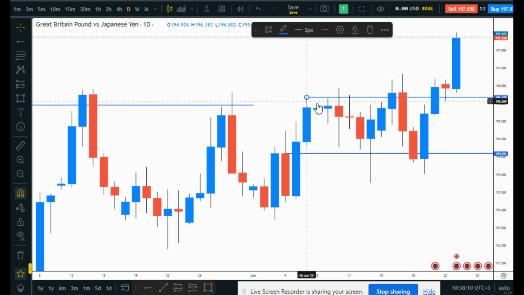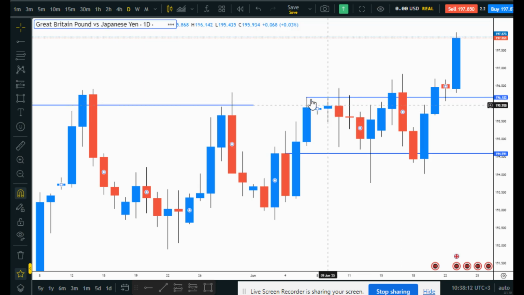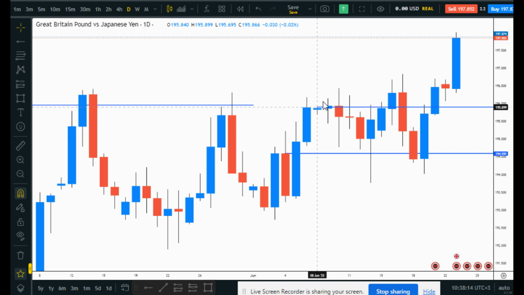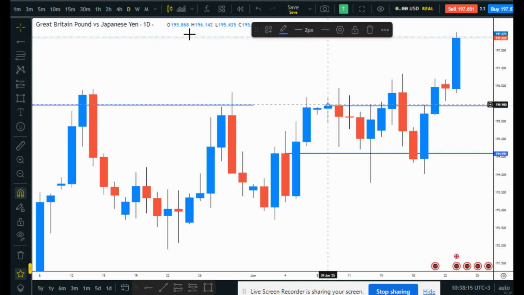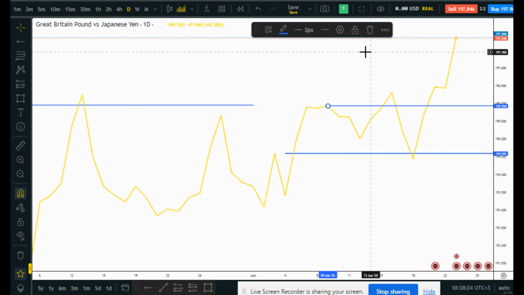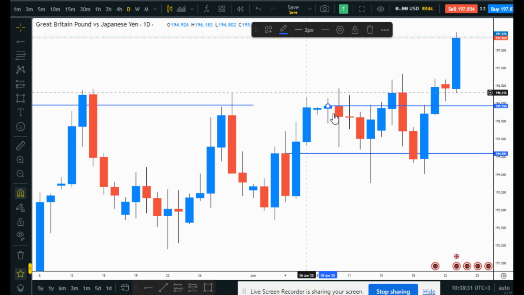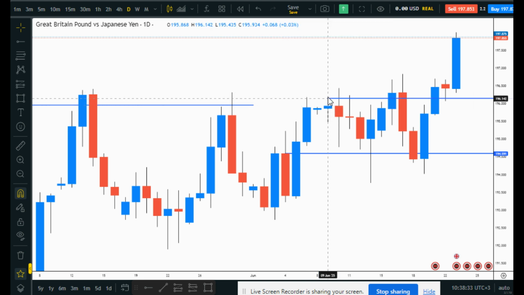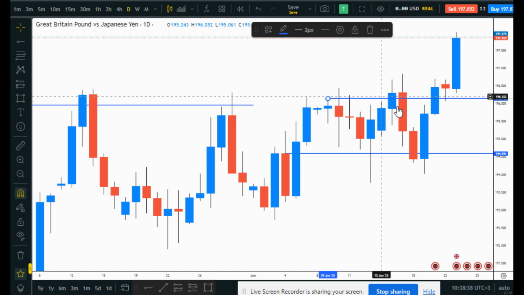This one here. So also you can take this as a high because this was the highest point. When you use the line chart you will understand it. Sorry. This, as you can see, this one is a high if you use the line graph. So if you mark the highest, this one, you can see that we had a market structure break over that point. So after I knew that we had a market structure break at this point here,